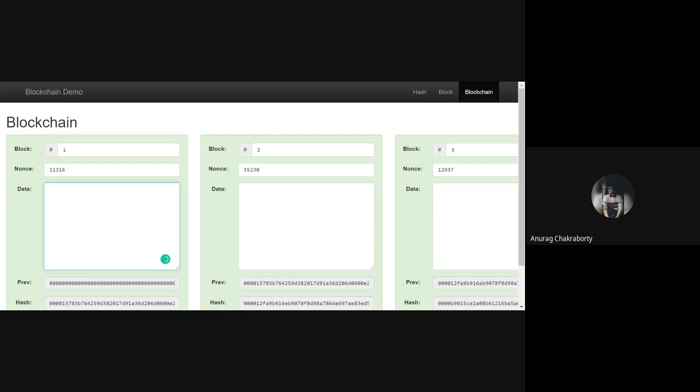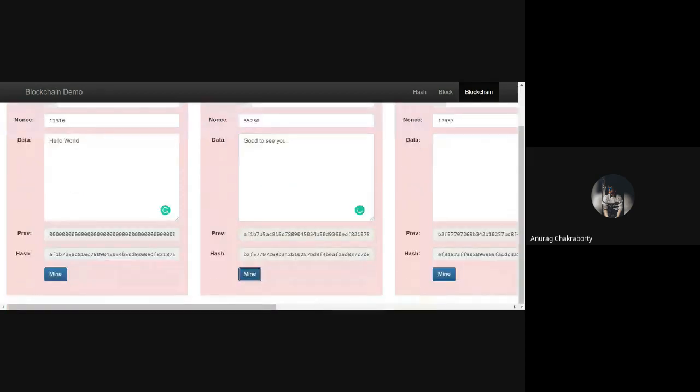This data field can contain anything from transaction history to bank details or even your vitals, report card, student marks. For demo purposes, let's say I write something like hello world, and in the next data I write good to see you, and the next data I write hope